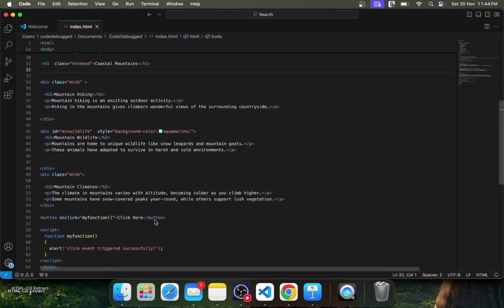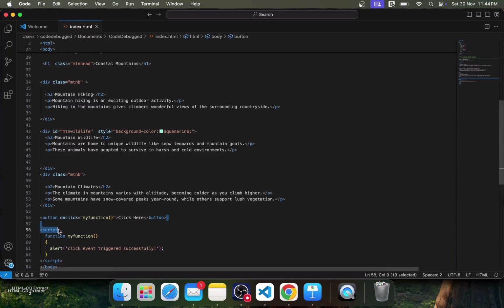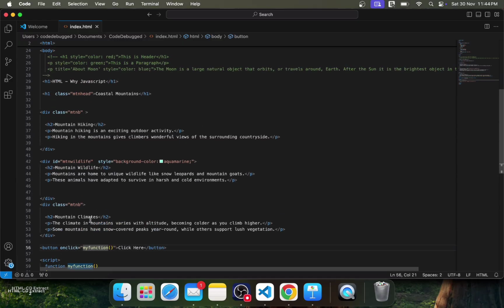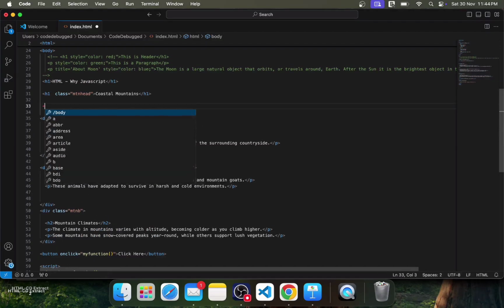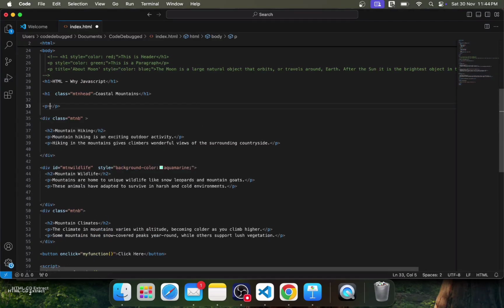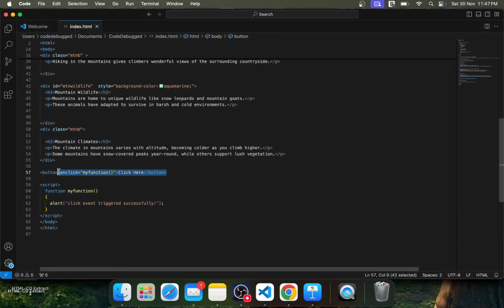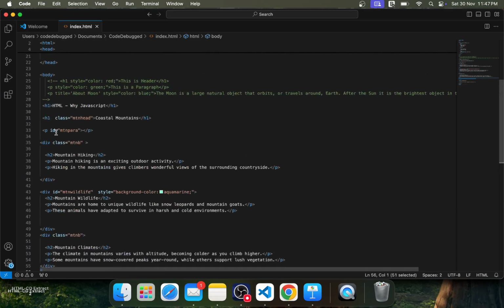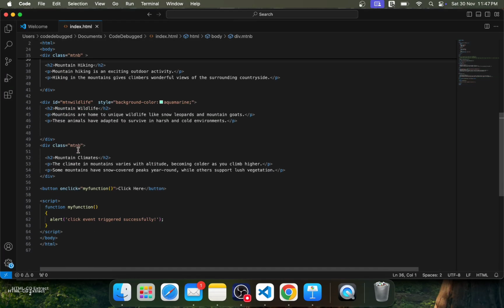Now let's see how to add or change content when the button click event occurs. Let's add an empty paragraph. Let's add an ID to that, mountain para. When this button is clicked, the content should be added to this paragraph. For that, we have to use